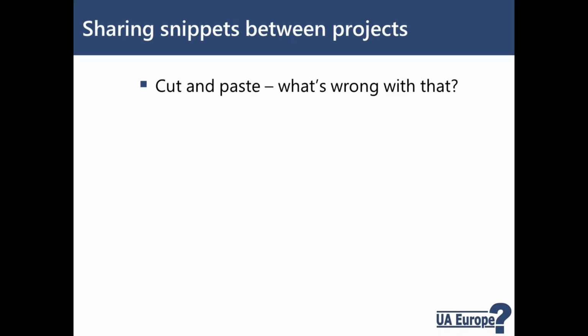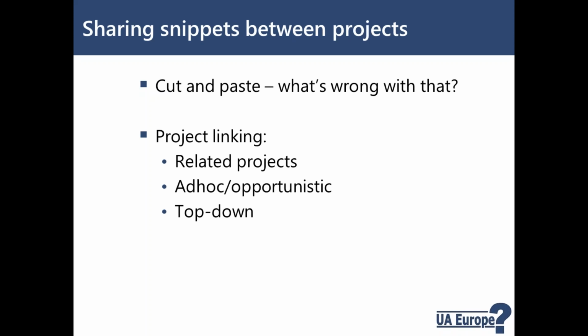In that case, it's not only useful to be able to reuse the snippet within a project, but you'd like to be able to use that snippet in multiple projects, and also make sure that if the content needs to change, it will change in all those projects. It will remain consistent. And we've already talked about what's wrong with copy and paste, because the problem there is with maintenance. If you copy, you're just creating multiple copies, which you have to remember to update. So I'm going to suggest that we use project linking.